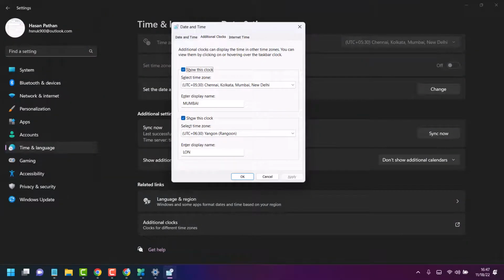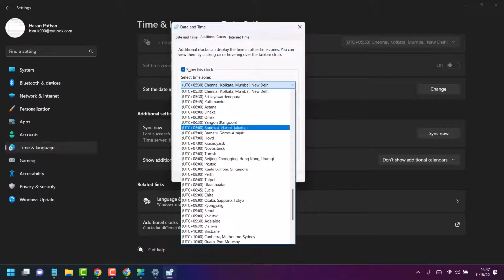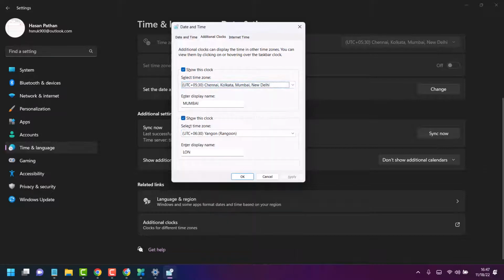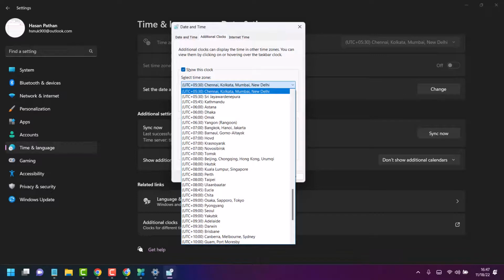Now click on Additional clock here. Select your desired time, then just select this option, Show this clock, and unselect Additional clock if you don't need it, and just select here, Show this clock, select and set your time